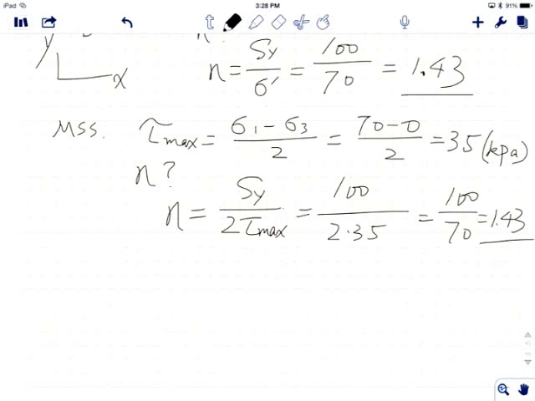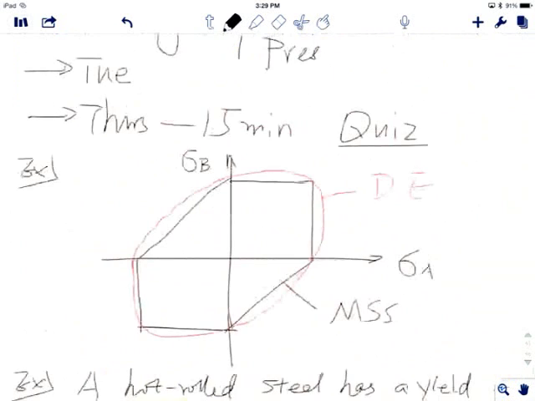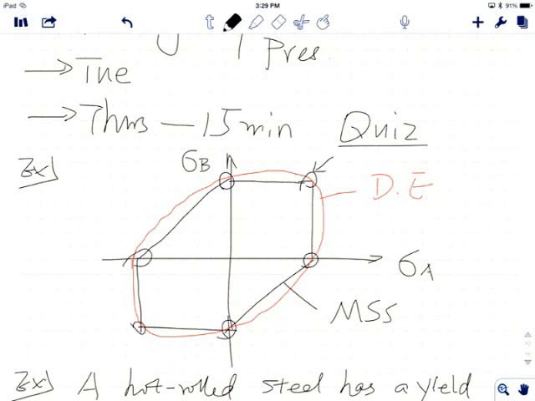Yes. If one is aggressive and one is conservative, how come you still get the same safety factor? Oh, really good question. Anyone can answer this? Because X and Y are the same. Yes, because X and Y are the same. Why? Remember, on this plot, we have 6 points, all the same, right? So there's a special point over here, right here. What's special about it? The DE and MSS are the same, right? Yes, exactly. The coordinates of this point is what?